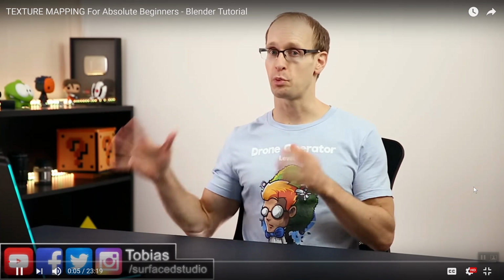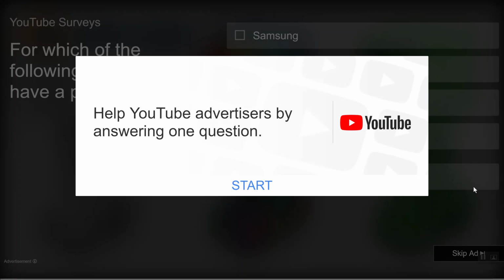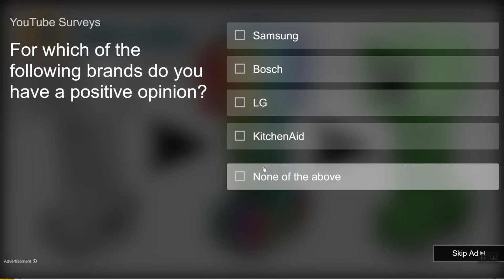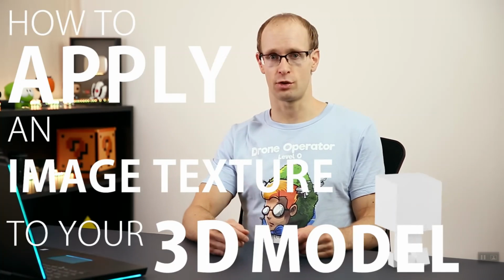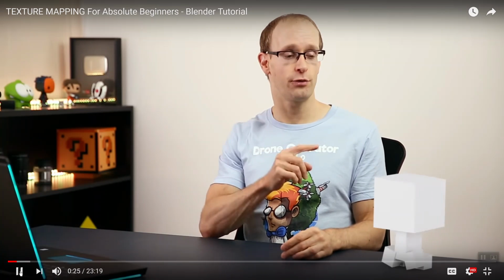Very exciting Blender tutorial. After you've created your brand new great looking 3D model, it's likely going to come out looking pretty naked. Now, I have already talked about how to create and apply simple materials, but I have not yet talked about one of the most fundamental techniques for dressing up your 3D models, and that is how to apply an image texture to it. The challenge here is that your 3D model is